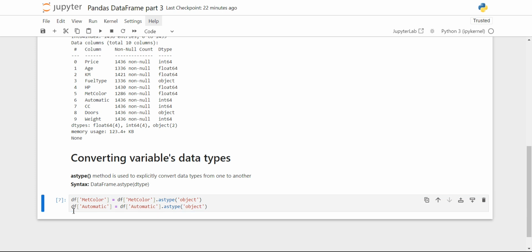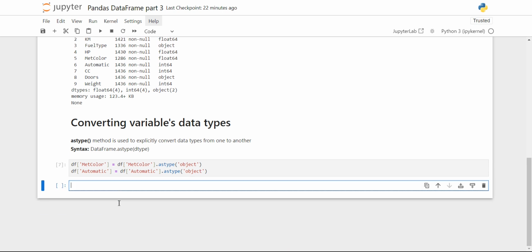Now we will run the cell. Now the cell has been executed successfully. So now they must have been converted. Now let's check our next topic, that is